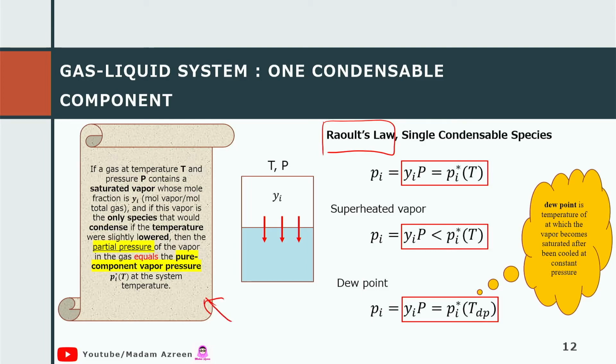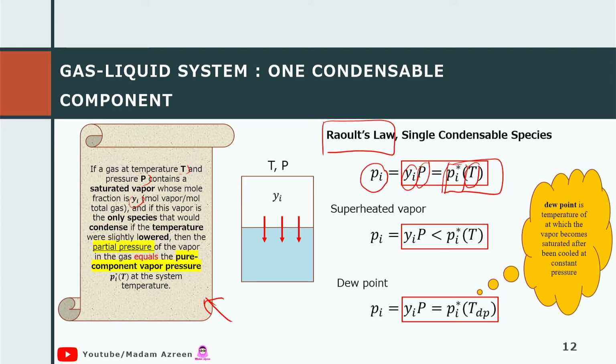This is the definition: if a gas at temperature T and pressure P contains a saturated vapor whose mole fraction is y, and if the vapor is the only species that can condense when we lower the temperature, then the partial pressure is equal to the pure vapor pressure of the system